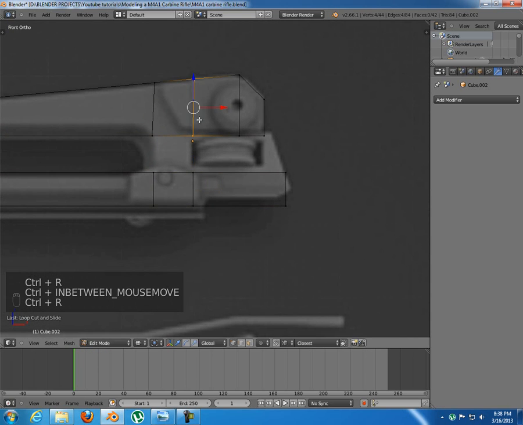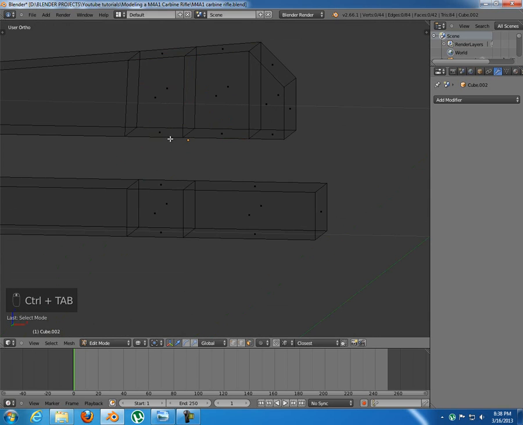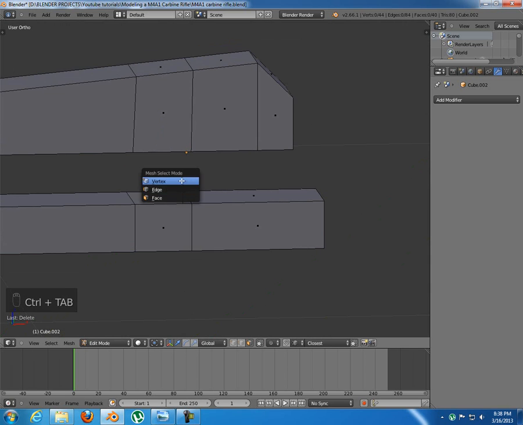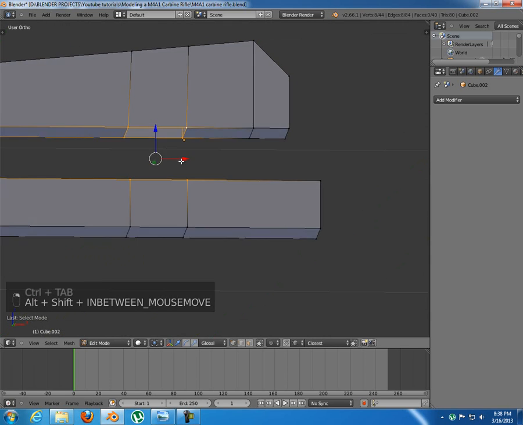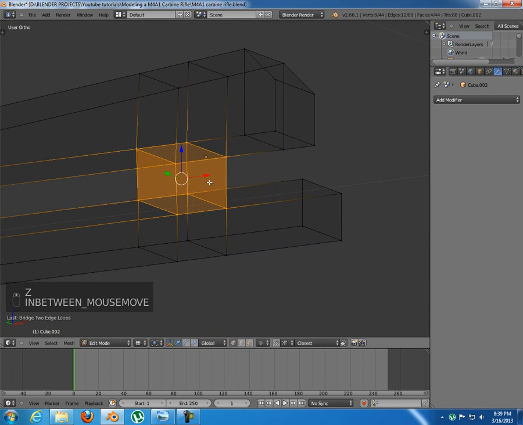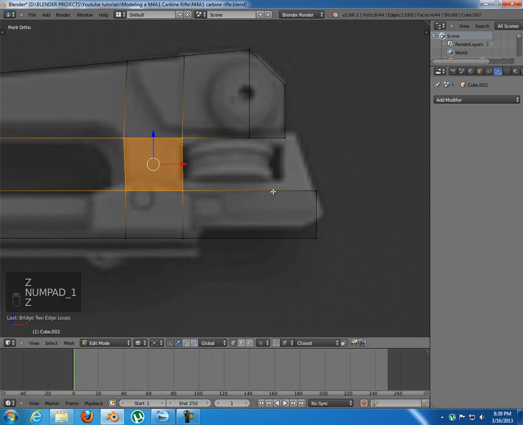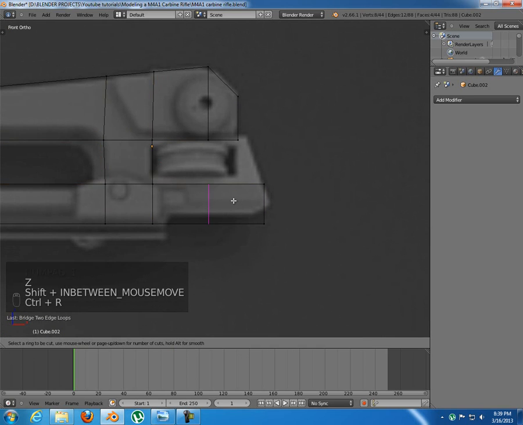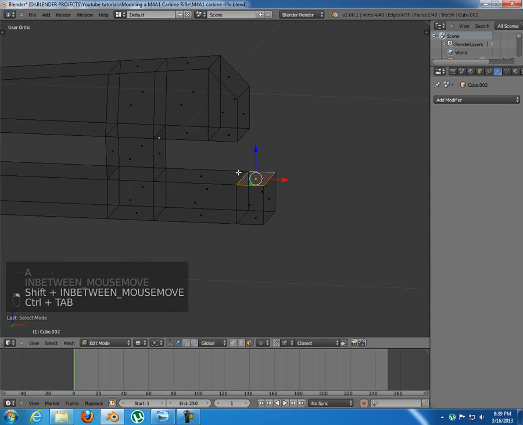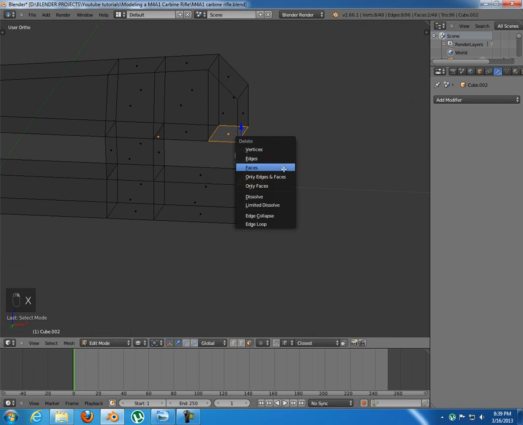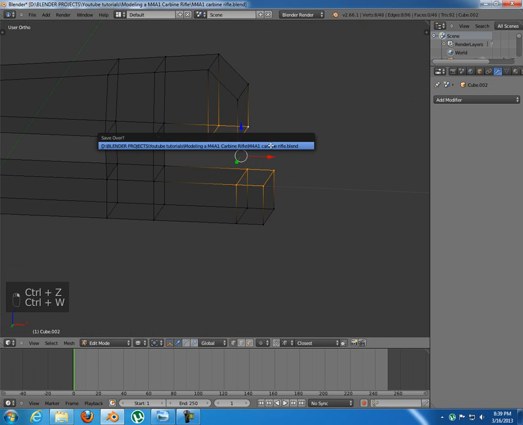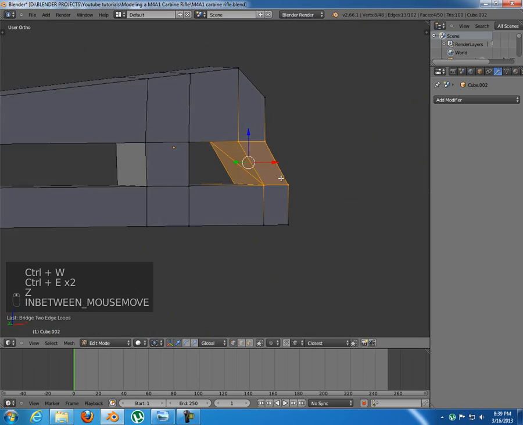and I wanna unite these faces together. Okay, so first I'm gonna select those two, delete faces, vertex. Okay, let's check the bridge to edge loops tool, which is working in here. Okay, now I'm gonna add one loop cut in here, and I'm gonna use it for these two as well. So select those loop cuts, Control E, bridge to edge loops,